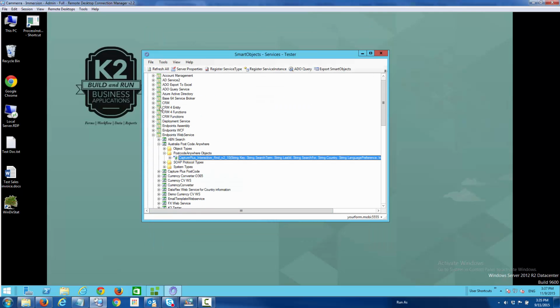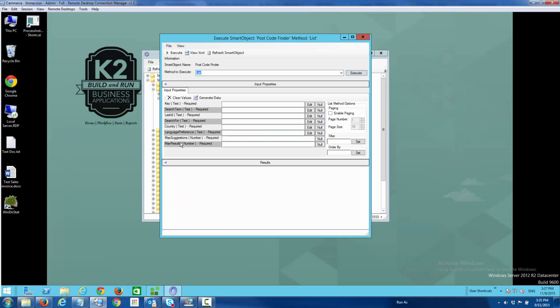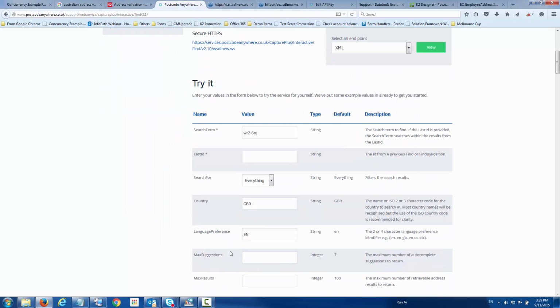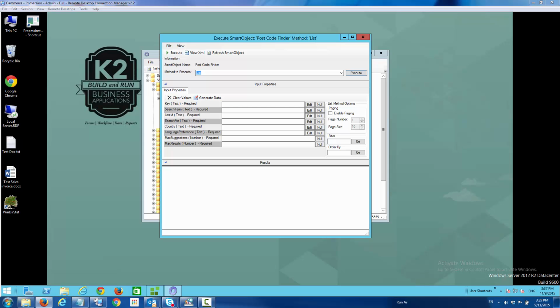We can now test that smart object. So smart objects, demo, postcode finder over here, methods, called the list method. I can pass in some of the values inside here. What I'm going to do is refer back to some of the example information that they gave me, and put that onto another screen. They've got an example of, so if we put in my key,